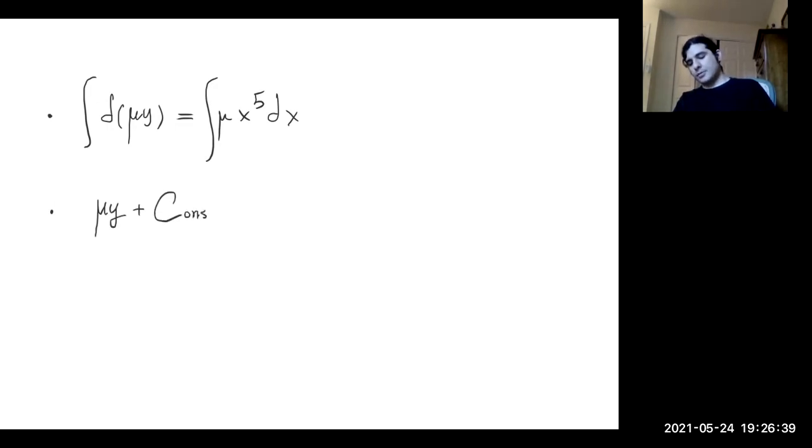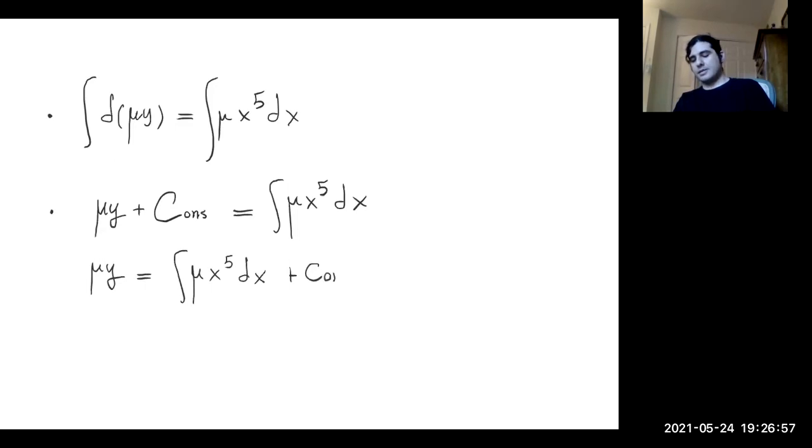The right-hand side, we still don't know what that is, because we don't know what is mu. But whatever it is, I can take the constant to the other side. So we would have a constant on the other side. I would divide everything by mu